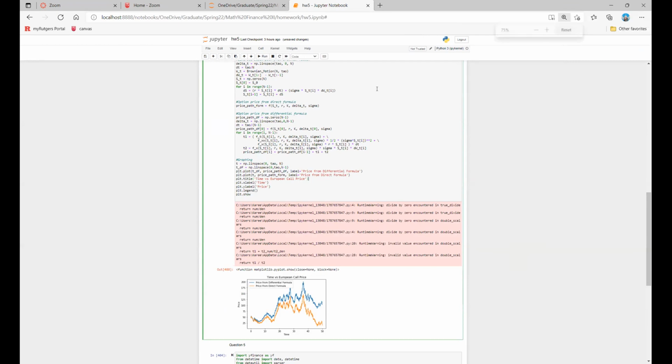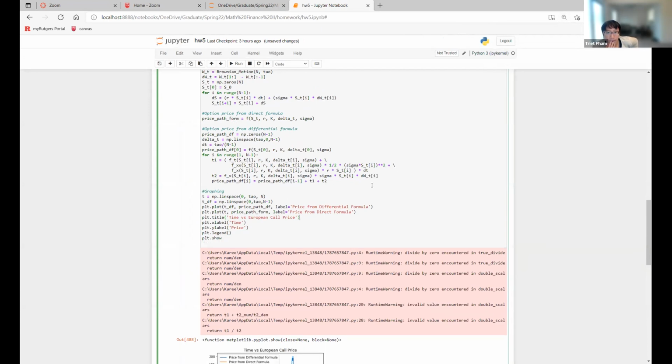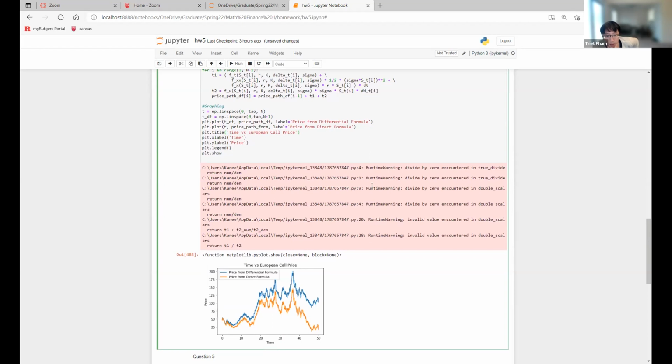Oh yeah, I was zooming. Okay. Now, go down. So the top is differential and the bottom is direct. First of all, you should notice if there's any consistent trend. Is it always that the direct is below the differential formula? Yeah, that's one of the things. I think when the price is 0, my direct formula will go to 0, but my differential formula will level off at something a little higher than 0.